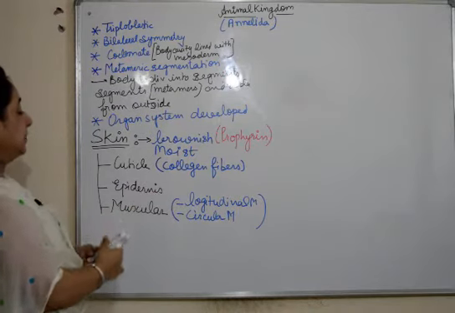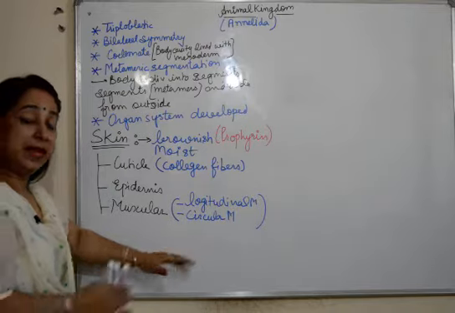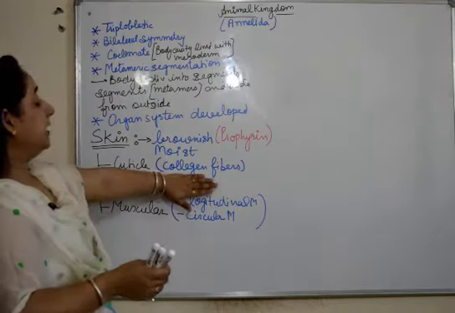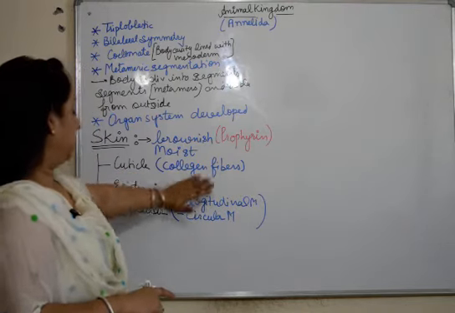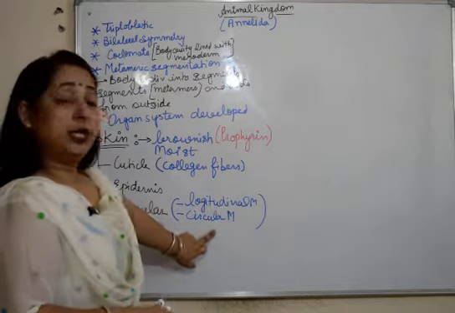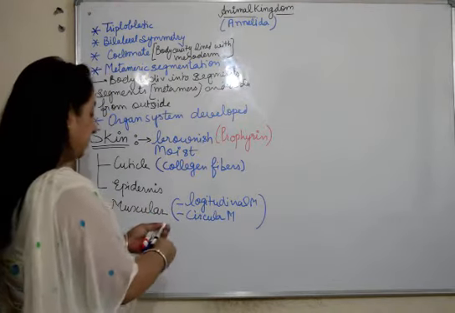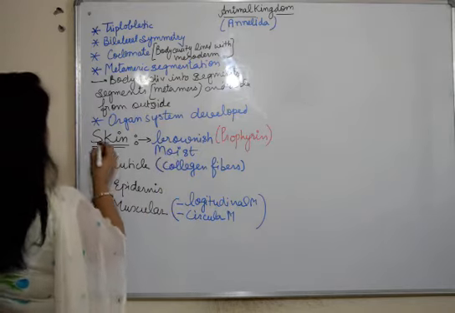So the skin is divided into 3 layers: cuticle, epidermis, and muscular layer. This is important. Cuticle carries which fibers, what is the composition? That is, they mainly carry collagen fibers. And what are the 2 types of muscular tissues present in annelids? Longitudinal and circular muscles are present. Then coming up to the next system, the digestive system.